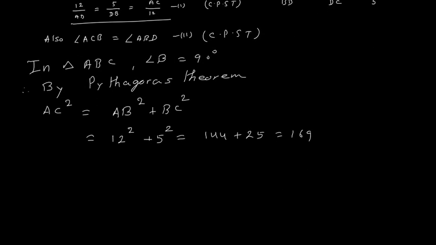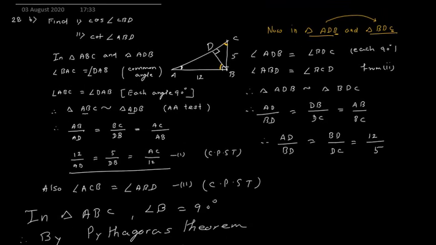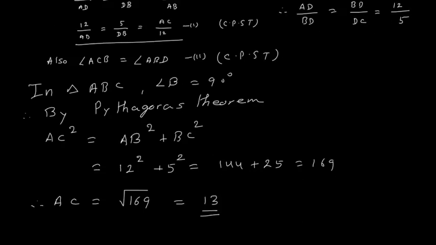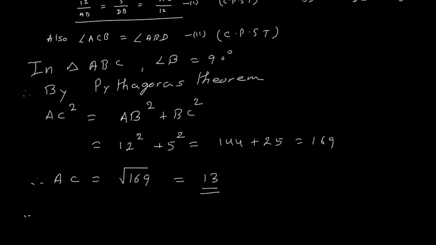So therefore the value of AC is square root of 169. Square root of 169 is what? 13. So value of AC is 13. So we got the value of AC 13. So from equation 1, now from equation 1 what we can say that 12 upon AD